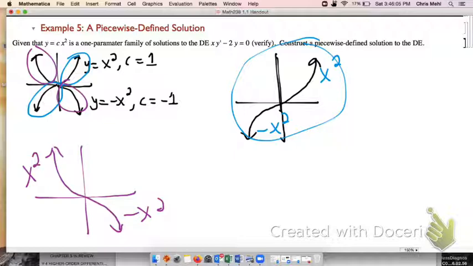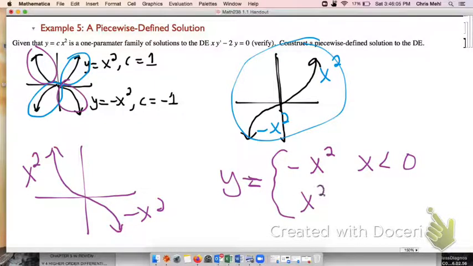I'm going to glue them together so I obtain a single well-defined function. My solution to the differential equation is going to be a piecewise function that's minus x squared when x is less than 0, and